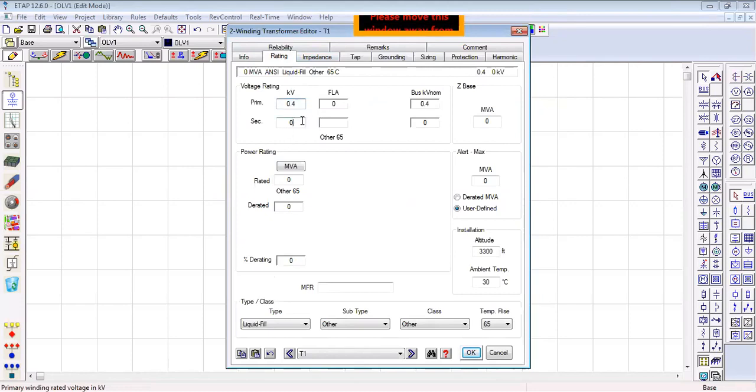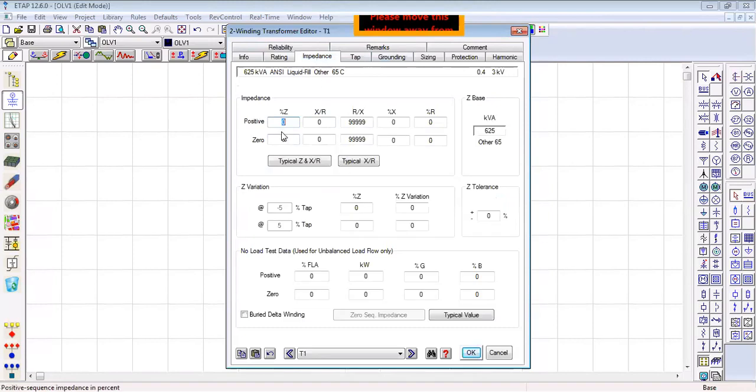And let's set the secondary to anything, 3, and rated, or change it to kVA. I have changed it to the kVA. Just click on it and it changes to the kVA, 625 kVA. So accordingly the rest of the ratings will appear.